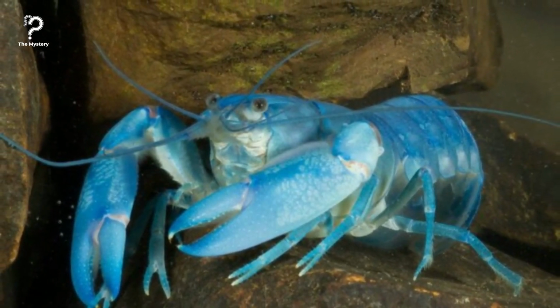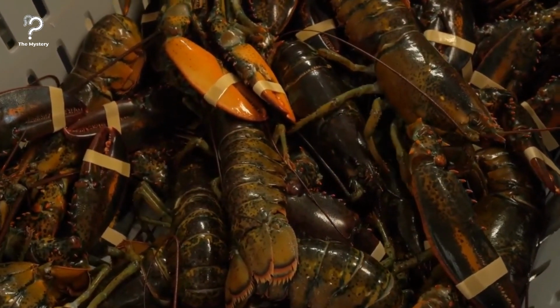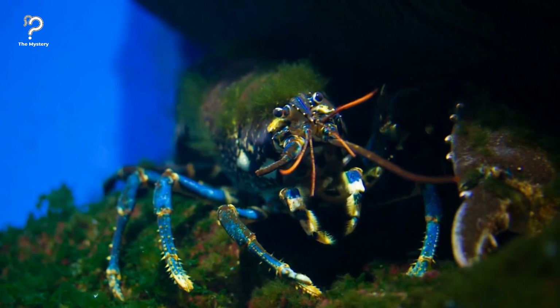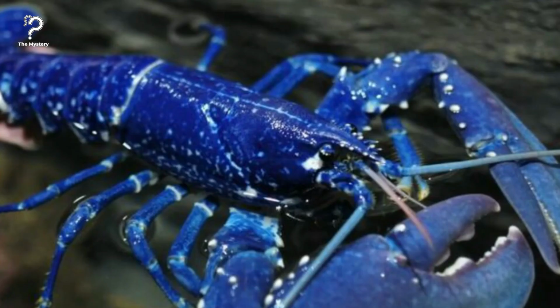Rough estimates suggest that 200 million lobsters are fished in the North Atlantic annually, according to the BBC. Therefore, if the 1 in 2 million guess is correct, then only 100 of the crustaceans would be blue. Spiegelhalter told the BBC, "For 2 blue lobsters to be caught 3 days apart, quite close to each other, does not seem at all surprising. I would imagine it happens most years." Nevertheless, 1 in every 2 million lobsters is still a pretty long shot, so Akron Zoo is treating its new